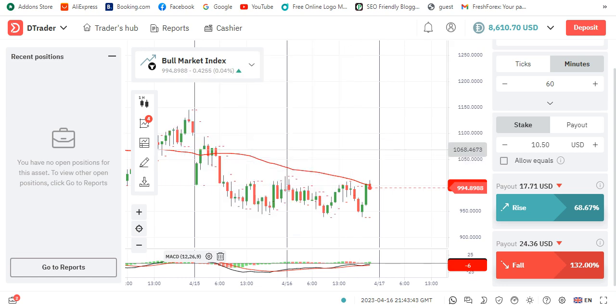So when the market is going up, you earn the normal profit, like what we have here. You can see 68% is going up, but if it's going down, you earn higher profit. You see, you earn 132%,